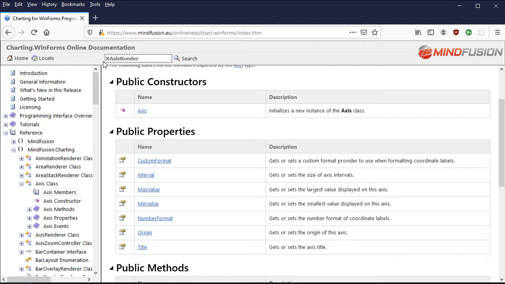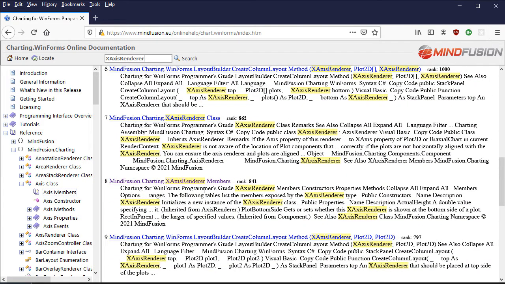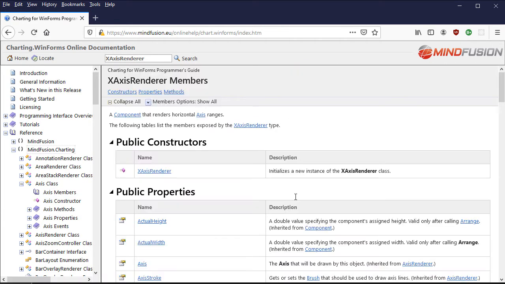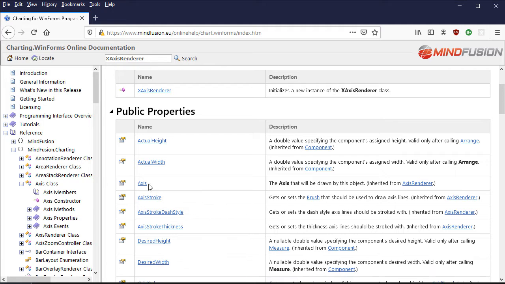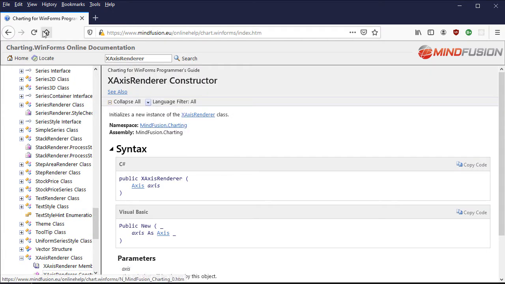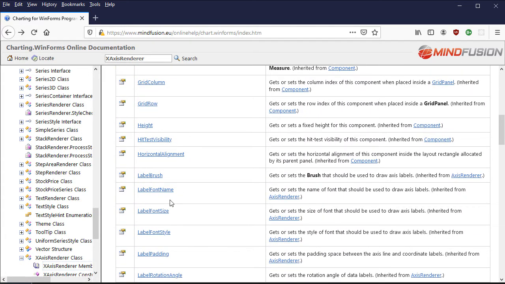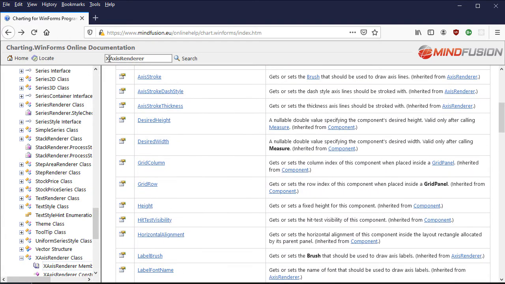The axis class represents an axis but does not render it. This is done by renderer classes: X-axis renderer for horizontal axes and Y-axis renderer for vertical ones. An axis renderer requires the axis to be rendered as a parameter in the constructor and exposes a variety of properties for visually customizing the axis appearance.